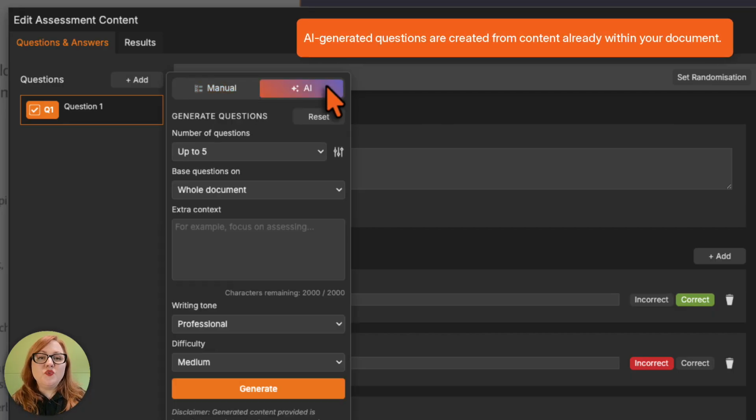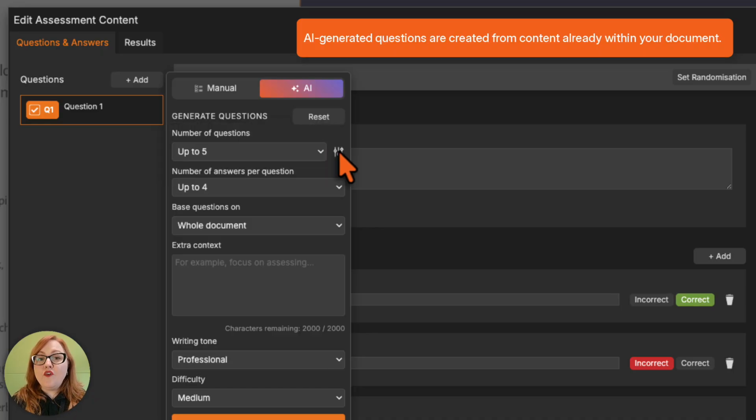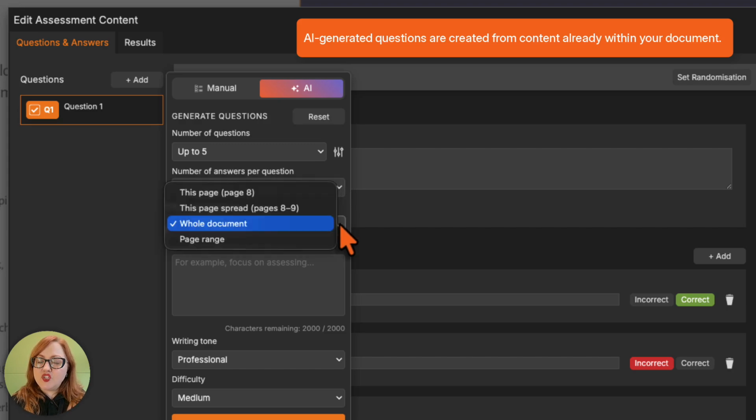You can now choose how many questions you would like to generate. You can create up to 10 questions in a single generation. You can also choose the number of answers available for each question. Next, you need to decide which content should be assessed. You can generate questions from a single page, a page range, or even your entire document, depending on your learning